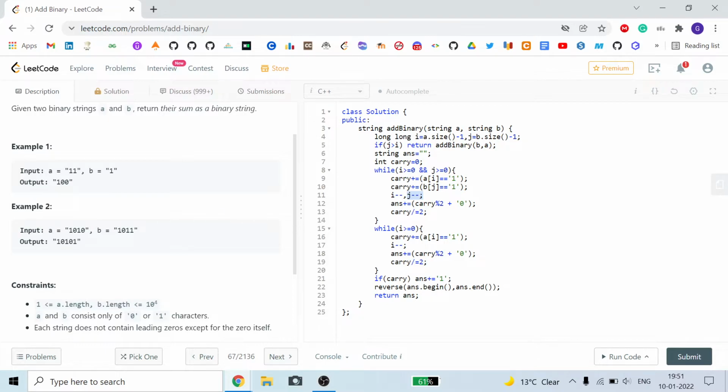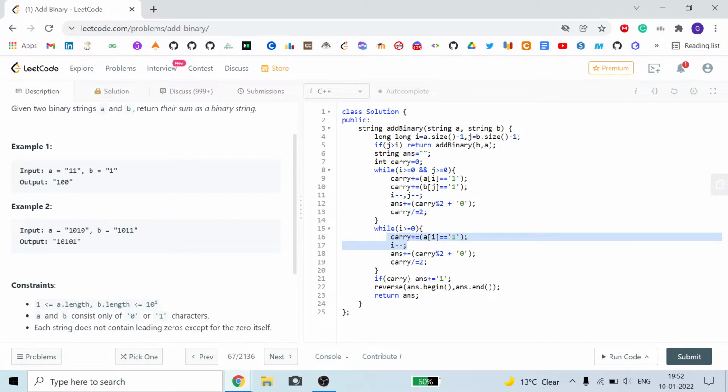So we are into this while loop, and now we are only focused with ai. If ai is equal to 1, like here you can see ai is equal to 1, and we have carry equal to 1, because we are carry divided by 2. From this one and this one, our carry is equal to 2. So 2 divided by 2 is equal to 1, so our carry is equal to 1 by this last iteration.